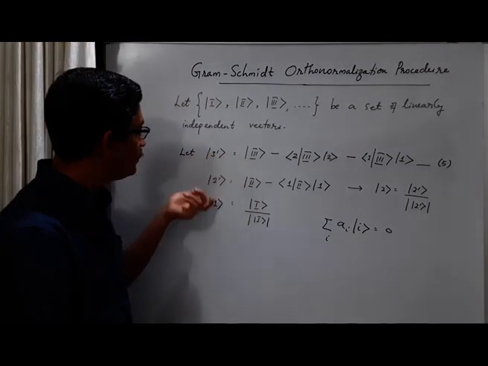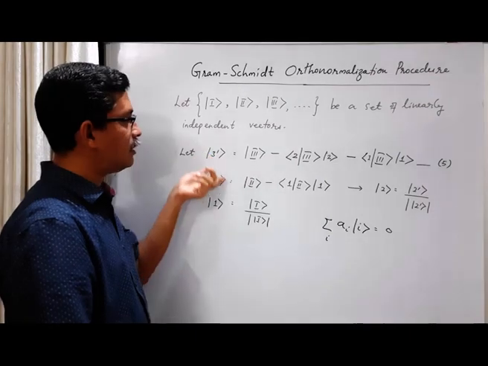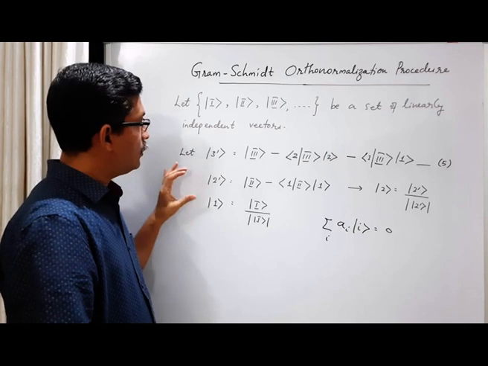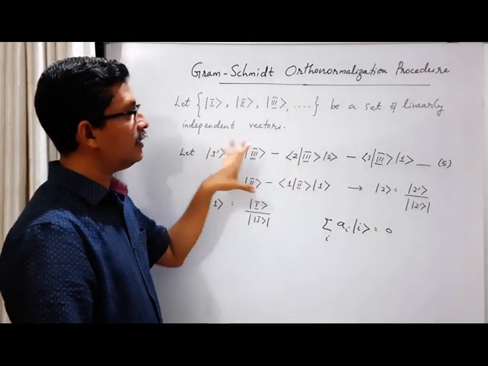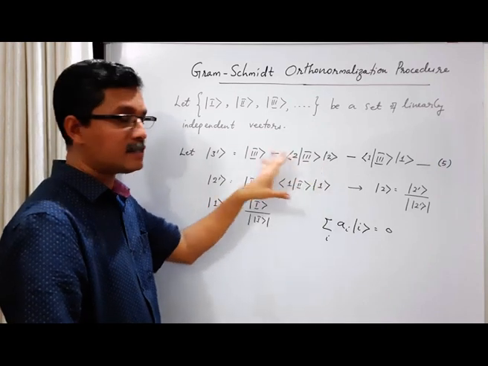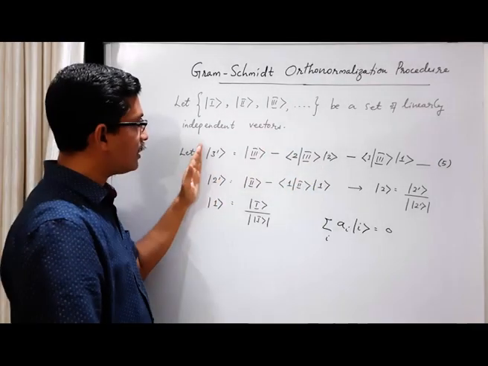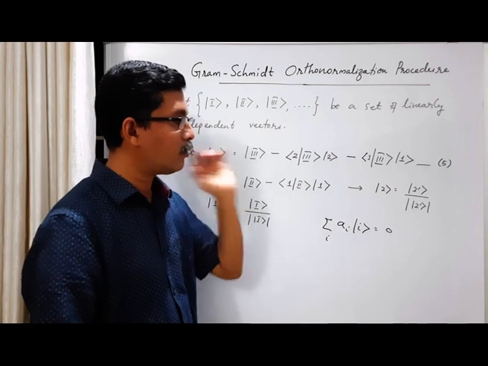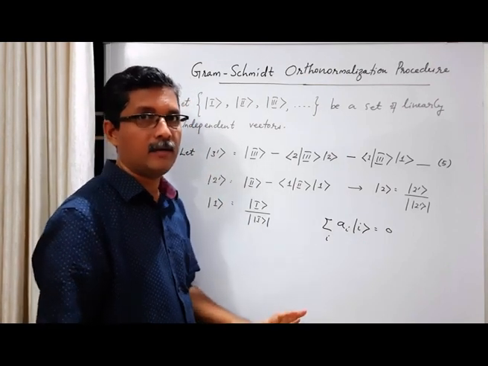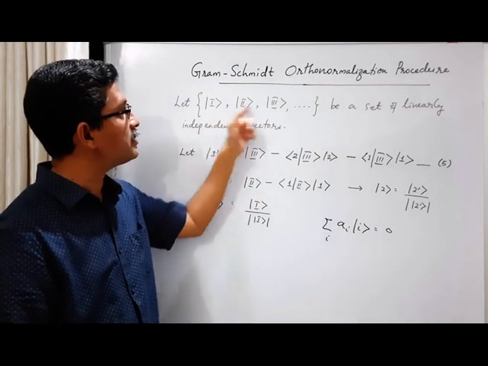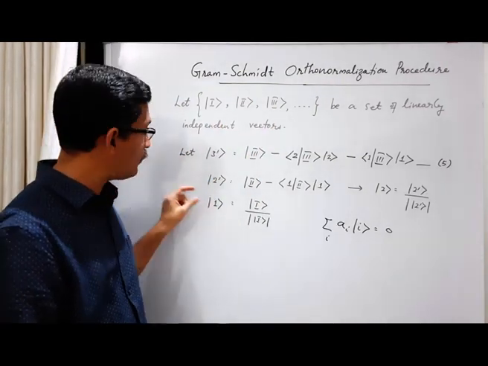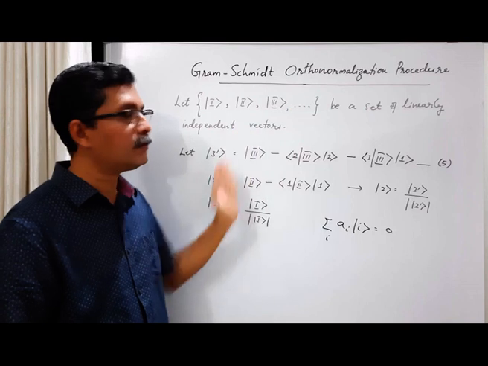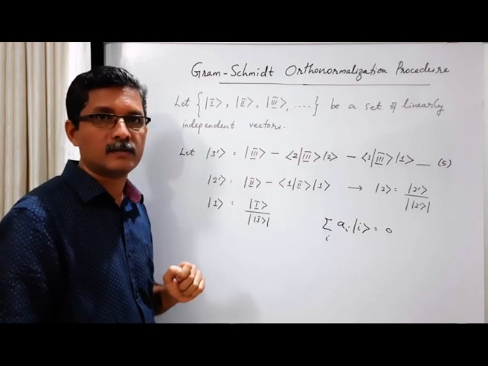So these ket 1, ket 2, ket 3, etc. are all linear combinations of this set. Okay. So since they are linearly independent, this linear combination cannot be equated to 0. Okay, this type of relation, a linear combination equal to 0, cannot happen. So it's because these vectors are linearly independent that we get non-zero values of ket 1, ket 2, ket 3, etc. If there are n vectors here, you get n vectors here also in the orthonormal set.